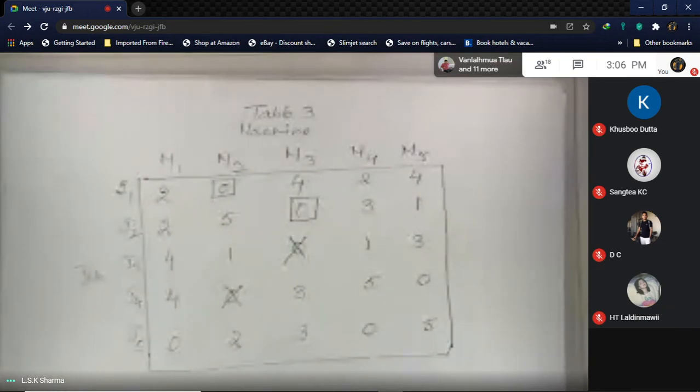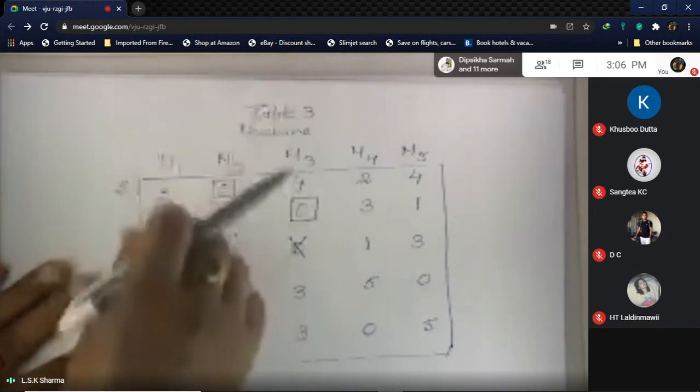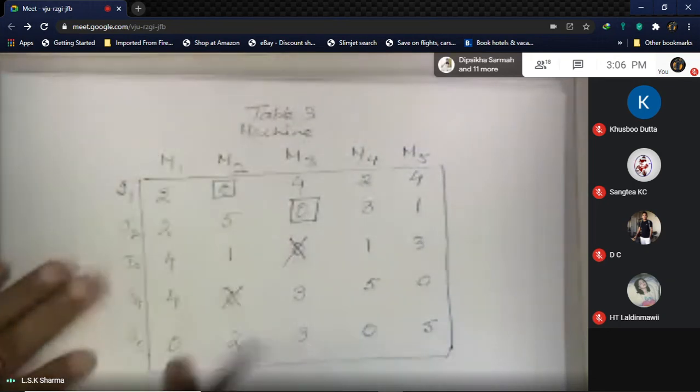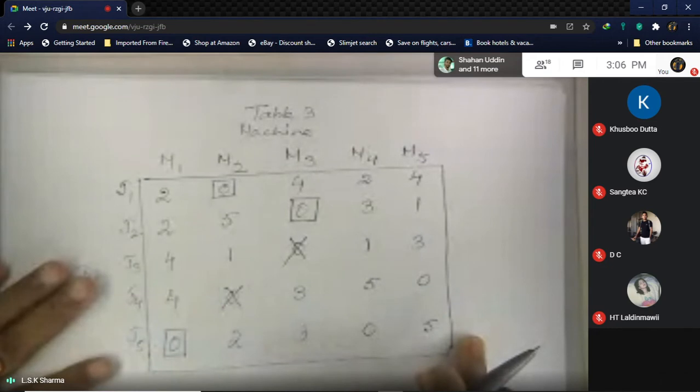Okay. Now the second step within that is to examine the columns successively until a column with exactly one 0 is found, and you put a square on it and look into the corresponding row. The same way you have done it row wise, now you do it column wise. So let us look into the first column, and in the first column I find there is one 0 here, so I put a square on it, and in the corresponding row, do I find another 0 there?